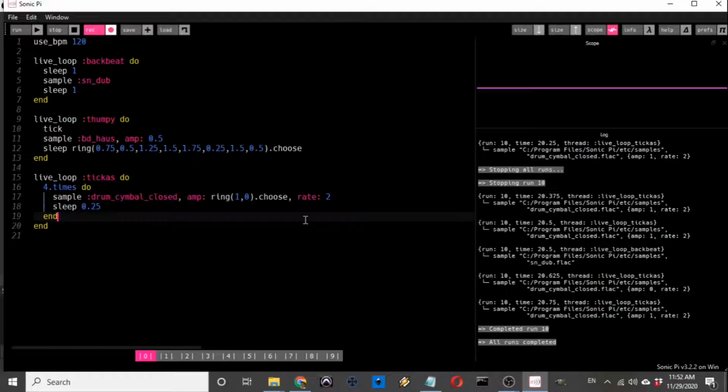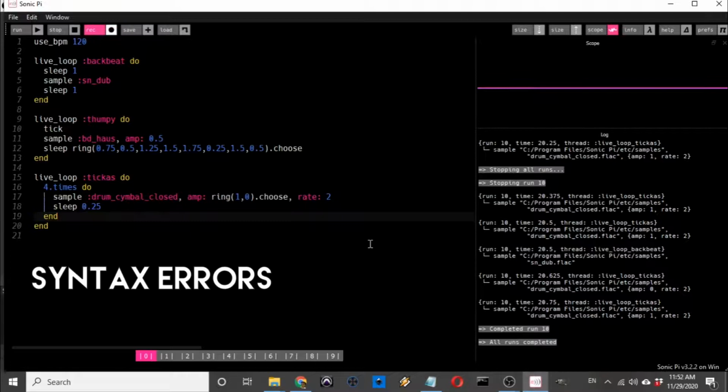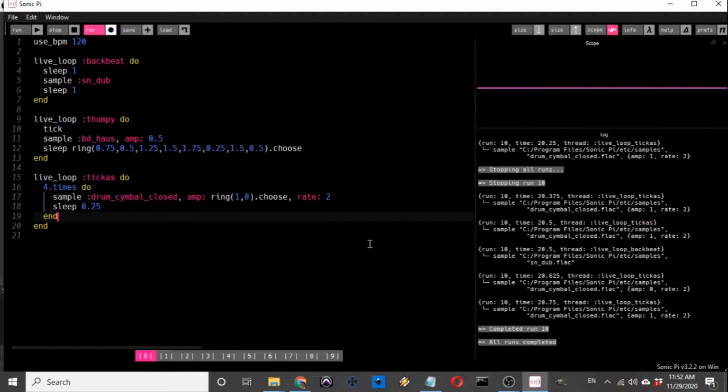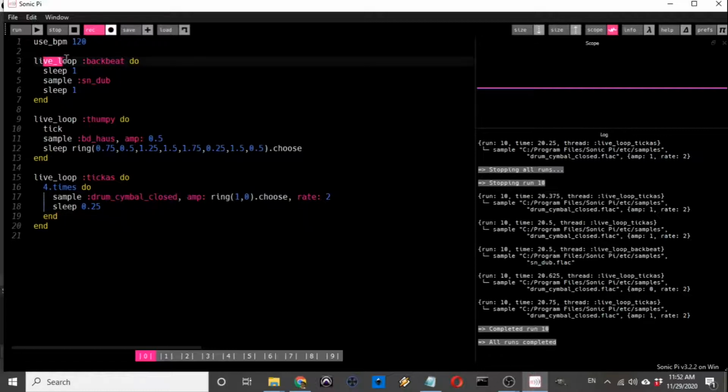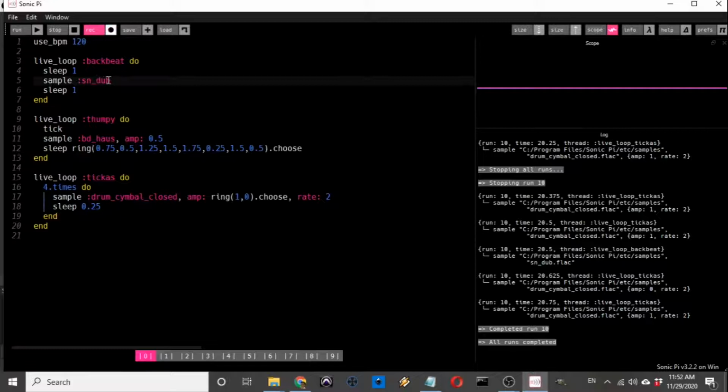Now, what are we covering today? Today, we are covering syntax errors. Okay. And what are syntax errors? Now, I've mentioned this before. Syntax errors are basically things that you type into the program. So basically, everything that you're typing here, see this live loop, backbeat, all this kind of stuff, this is syntax that the program understands.